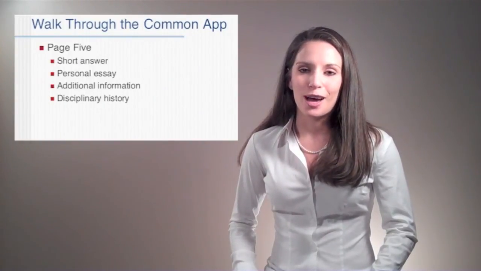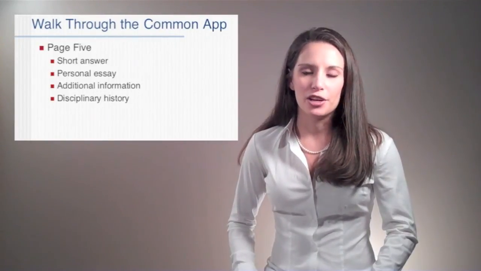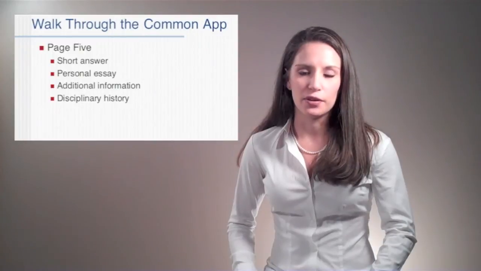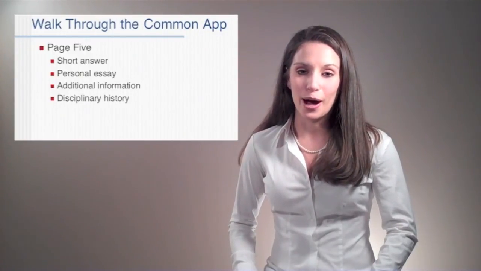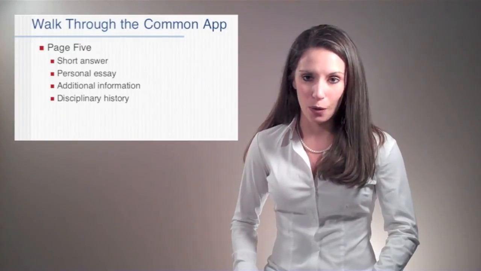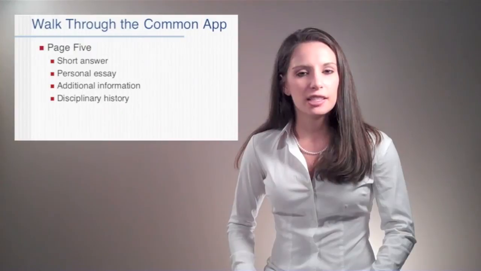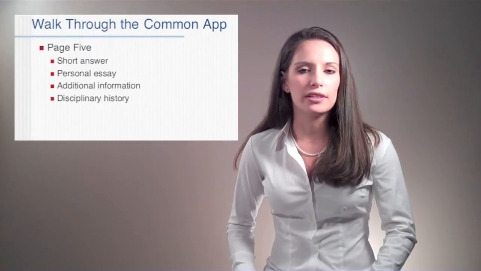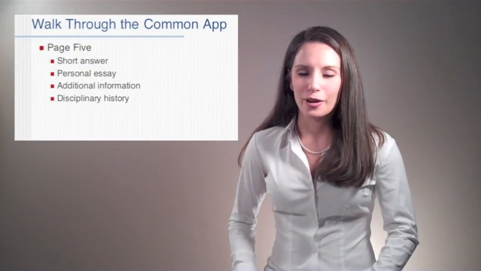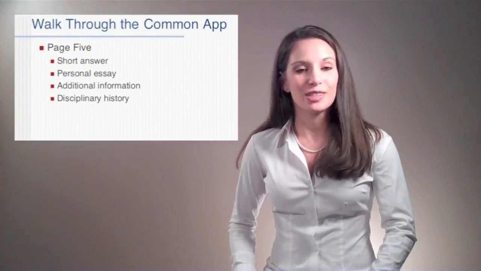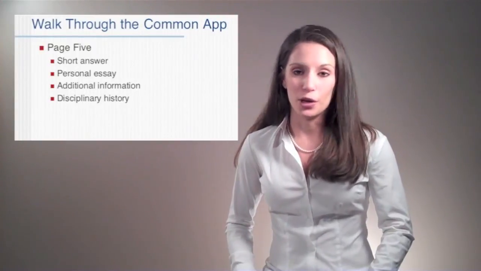Then, of course, on page 5 are the calls for the essay. The Common Application gives you a couple of different ideas for essay topics, but then, of course, it leaves one at the very bottom for basically an open call, where you can write about anything you want. The Common Application does specifically say that you should not have an answer that is school-specific. However, most of the colleges have supplements where they basically ask you to write essay part 2 on why you want to go to that particular